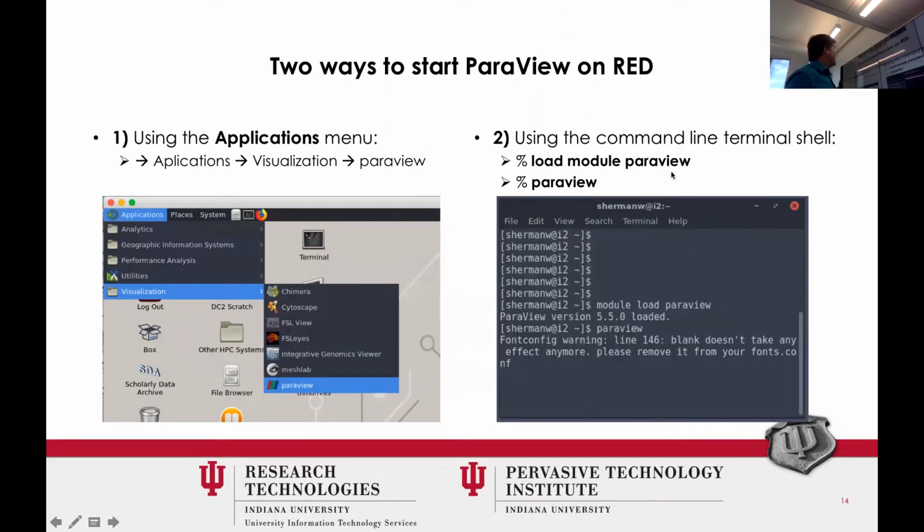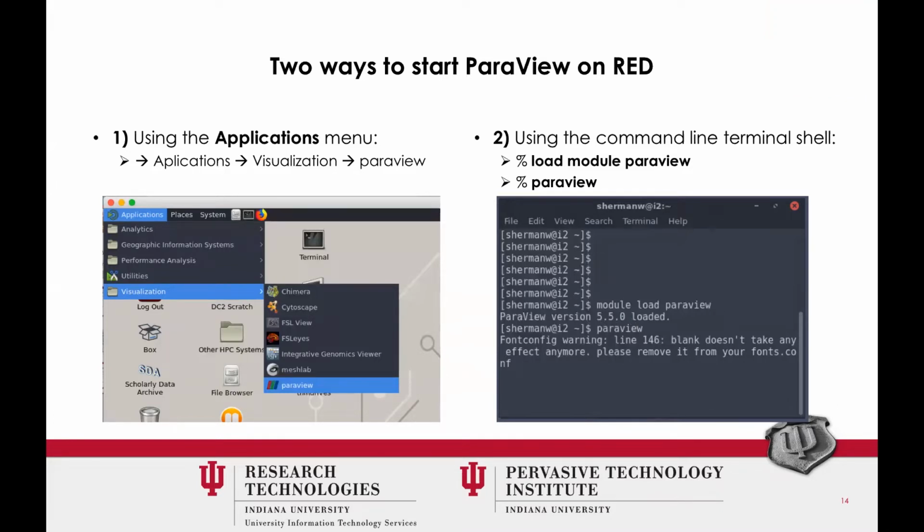Load module ParaView, and that will get the software ready to go, and then you actually have to type the command ParaView, and then it will start. Here's a little shell window where that happened. It tells you which version you're loading. We can have multiple versions of ParaView on the system, so you can say module load ParaView/5.5.2